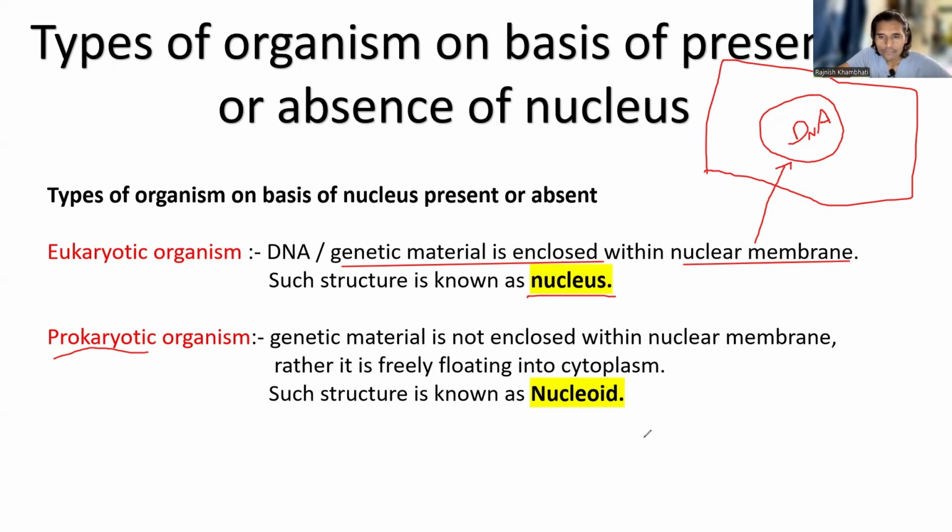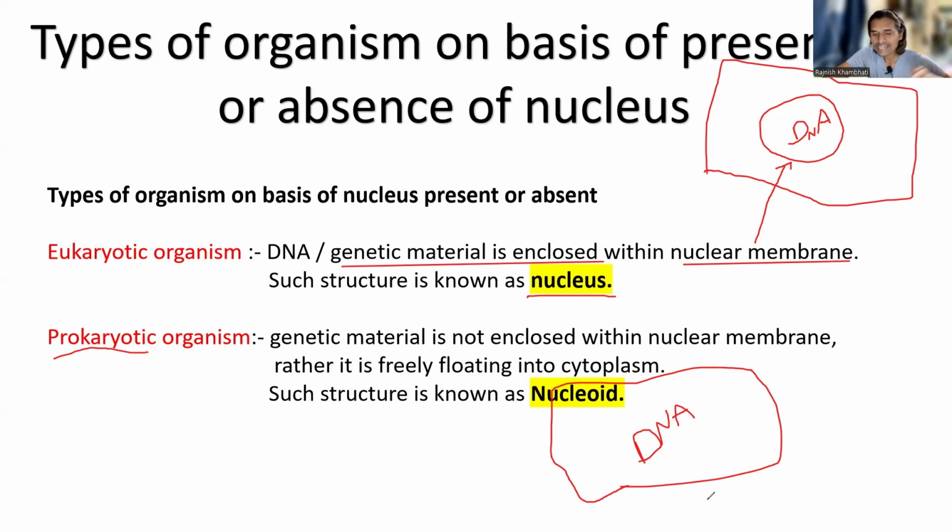So let me draw. For example, see the diagram. This is the DNA. It's a DNA, but DNA is not enclosed by the membrane. See, I'm not drawing this membrane, which is called nuclear membrane. It is not there. Clear? And this is the cell, plasma membrane. So DNA is not enclosed by the nuclear membrane, and so it is not known as the true